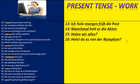Right, hey, the end is in sight. Nummer 17. Halfway through of this fantastic production. Right, to put on, as in put on a coffee machine or TV, etc., is anmachen and it's a separable verb. And this is what we do. So, you literally say, I put the coffee machine on, which I suppose we do in English as well, if you think about it. So, ich mache